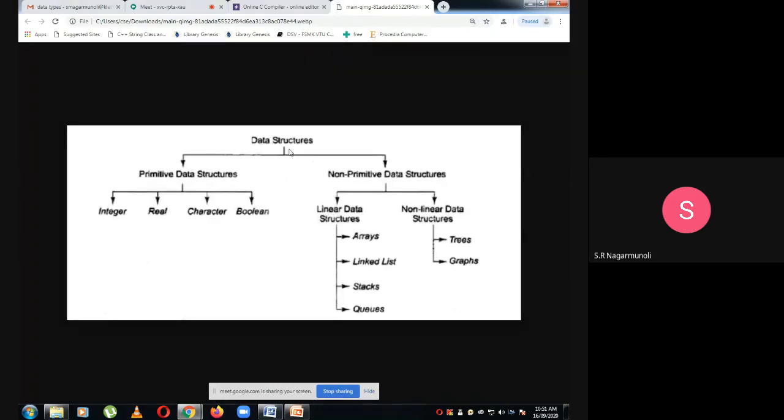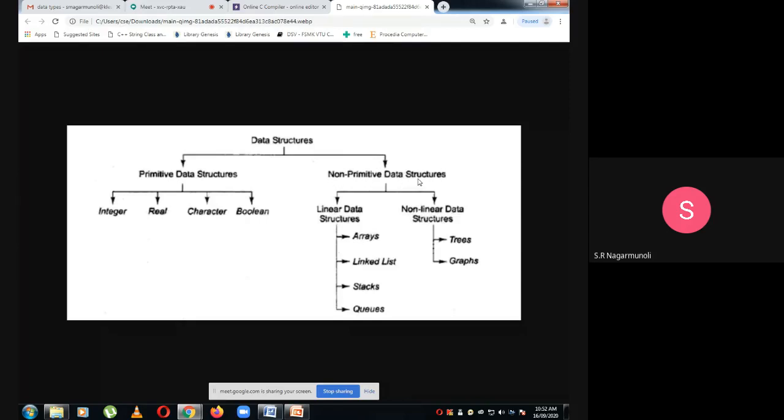In data structures, we'll be learning about the primitive data structures and the non-primitive data structures, or data types, you can say. The primitive data structures are integer, real, character, and boolean. You also have double and long.